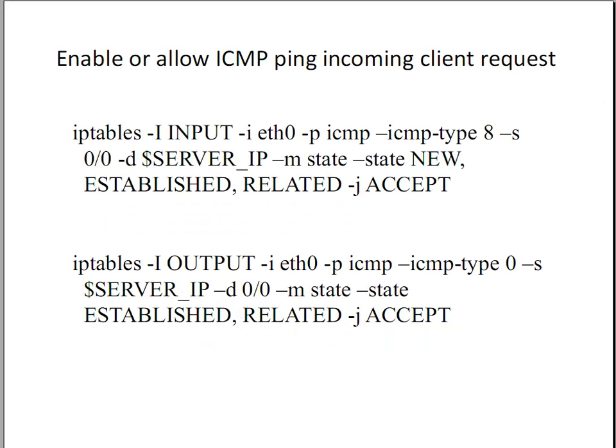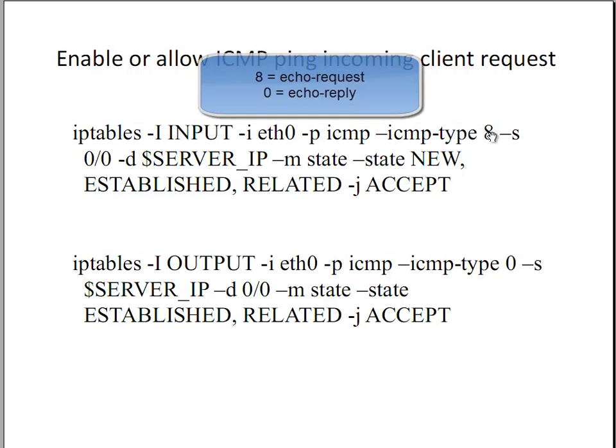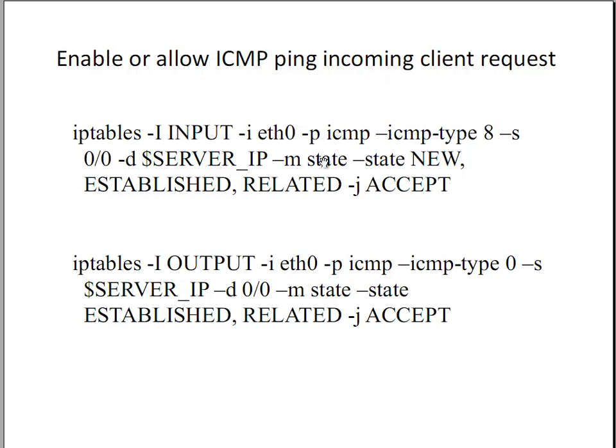Now let's look at something a little different, where we're going to allow incoming ping client requests. So in this case, iptables insert on the input chain for the interface eth0. Notice now our protocol is ICMP. We also must specify an ICMP type, because there's actually 8 different types. ICMP type 8 is an echo request. So essentially that's a ping. -s, the source address is anybody. -d is our destination server. Notice we've added something new here. The -m state and the --state,